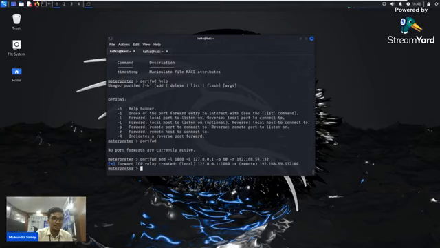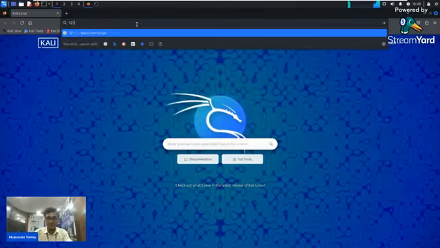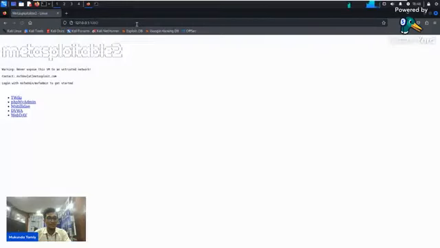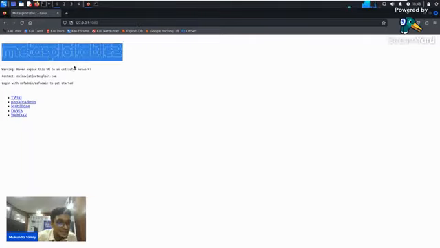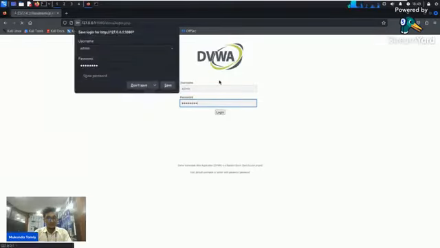So it is created, right? How we can check? Just go to Firefox. Now type that local host with the port number 1080. See, we got the access of the Metasploitable machine. There are multiple services. If I click on DVWA, this is internal, but it is going in with admin and password.